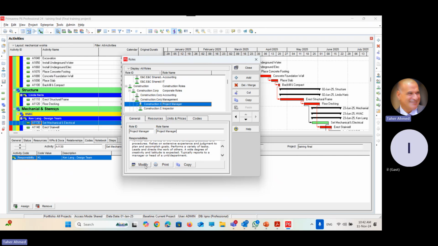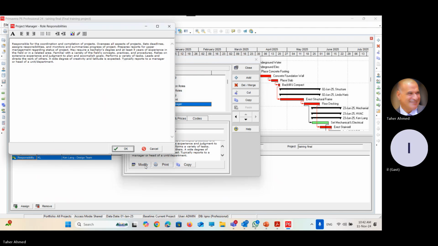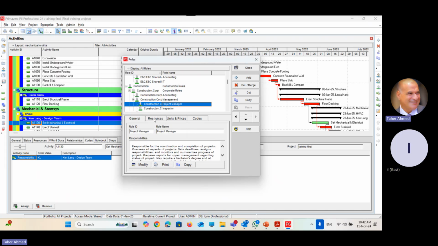How to modify and add? Click modify. At the modify, you can add more information, add more job description, just to let everyone understand what this role means. Cancel. The second tab is